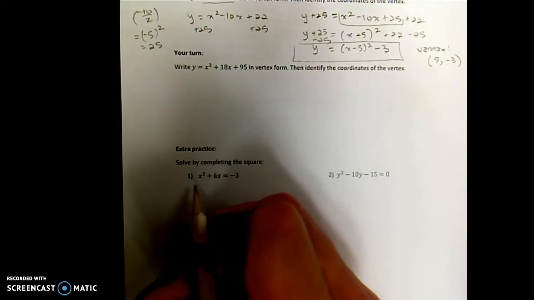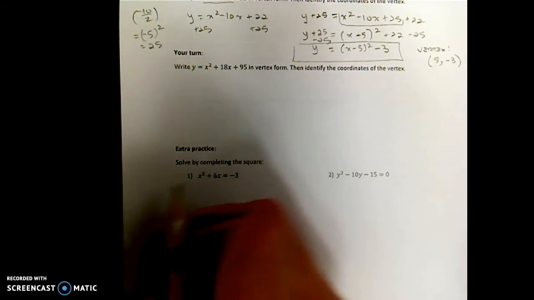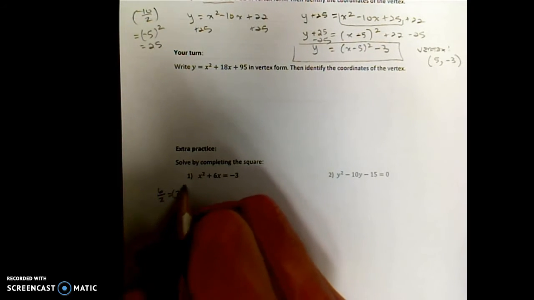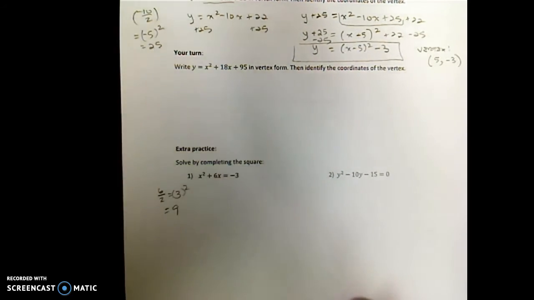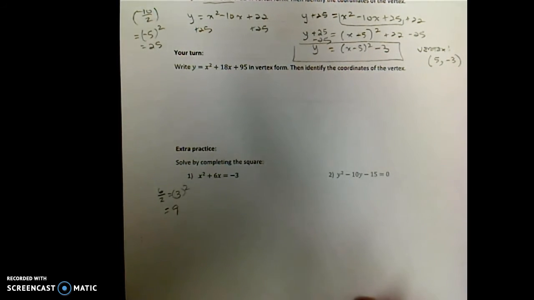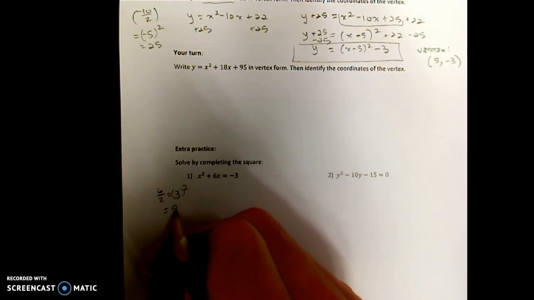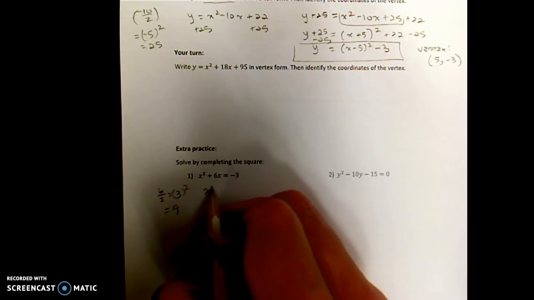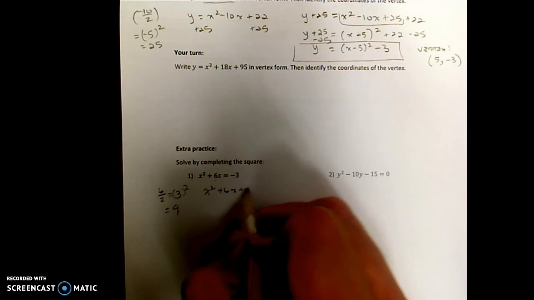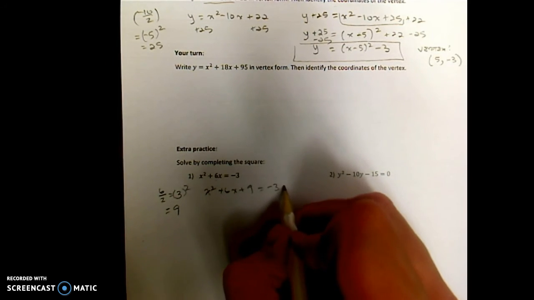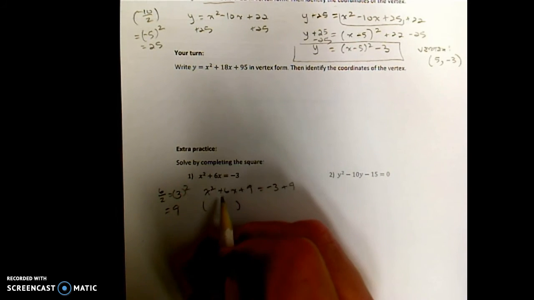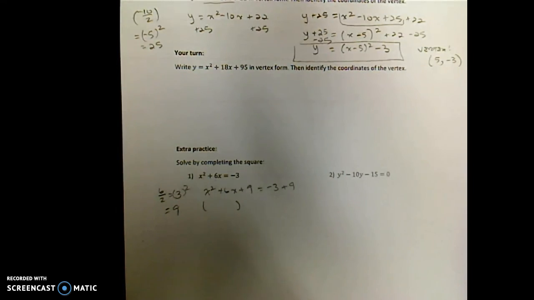Quickly, let's practice a couple. Practice number 1, x squared plus 6x equals negative 3. I can see that half of my b value is 3. 3 squared is 9. X squared plus 6x plus 9 equals negative 3 plus 9. The left-hand side, this is a perfect square trinomial. Let's write it as the square of a